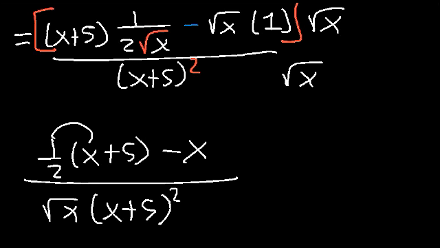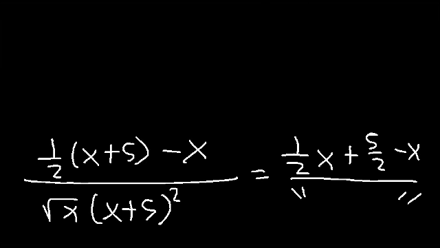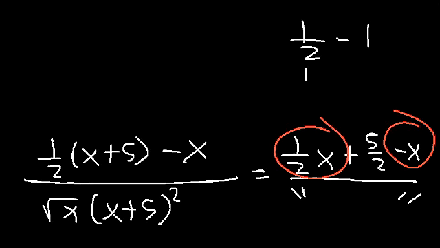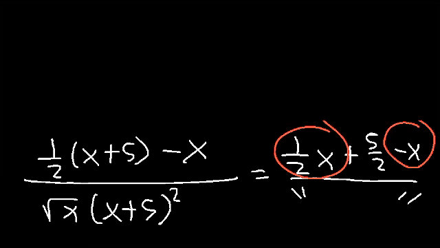Now if we distribute the 1/2 to the two terms, what we now have is half of x plus 5 over 2 minus x divided by what's on the bottom. So what is 1/2 x minus 1x? Half minus 1 is the same as 1/2 minus 2 over 2, which is negative 1/2. So what we now have on top is 5 over 2 minus 1 over 2x,